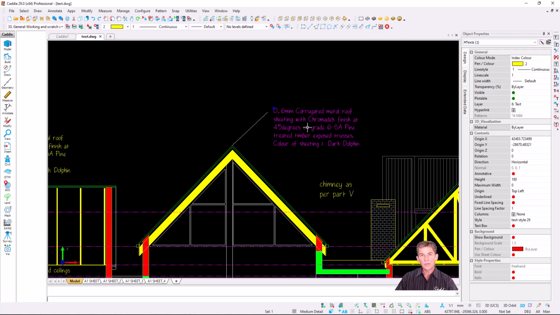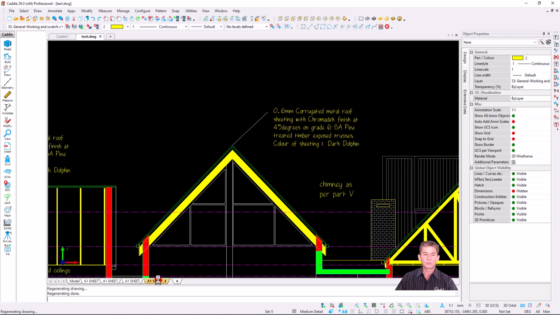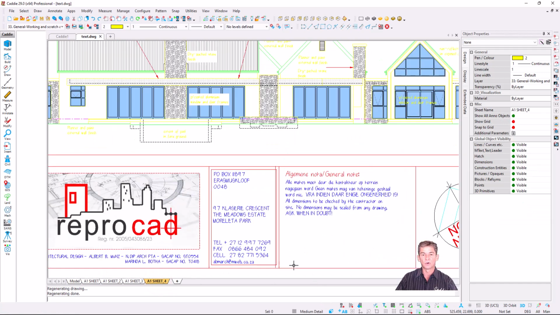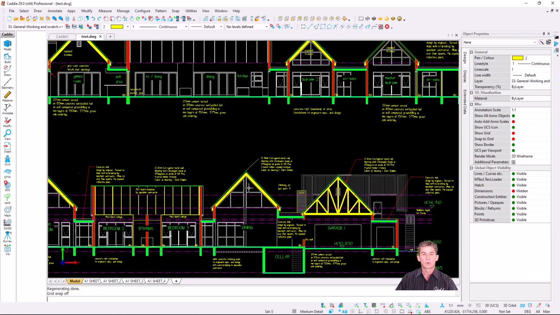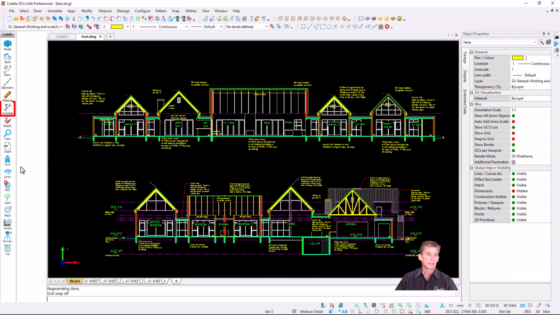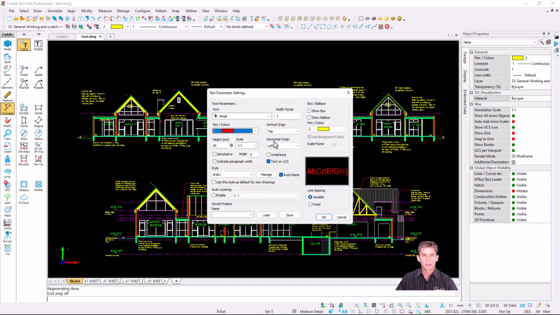Now, when you edit this one style, it will not only be applicable to your model space, but also on your sheet. And that's the advantage, because at the moment, as you can see, if I select the text on my sheet, I'm also using text style 29. So if I go back to my model space, the command we're going to use is the normal text set command. So you're going to go to annotate, text set, and under my styles, I'm going to select the text